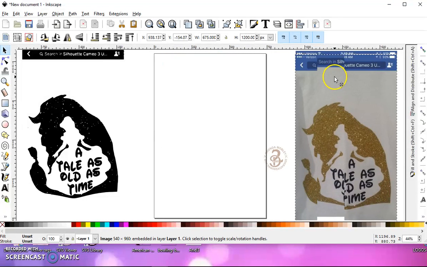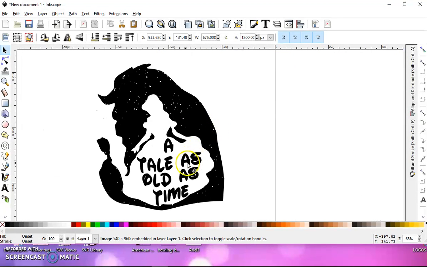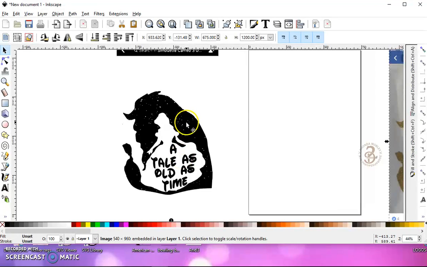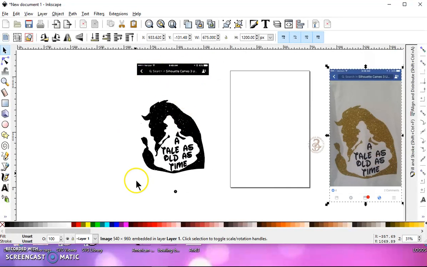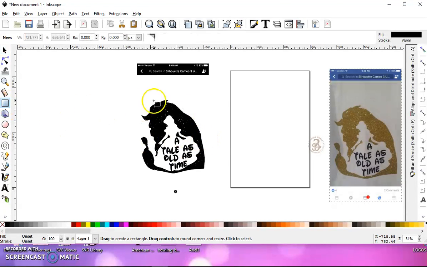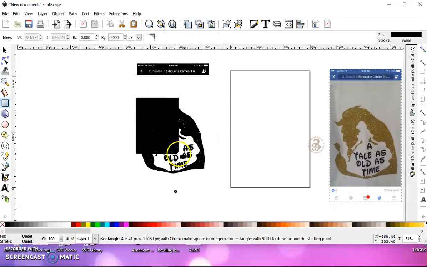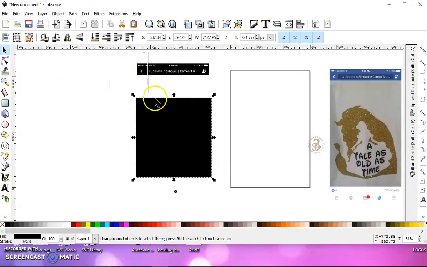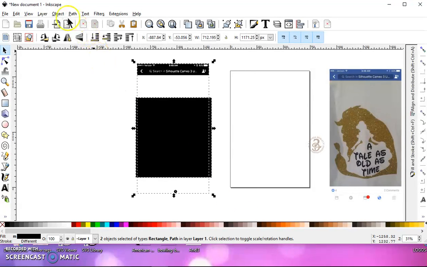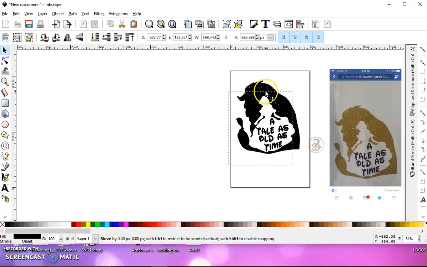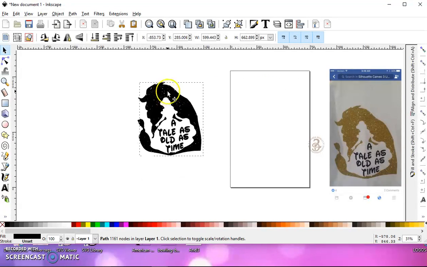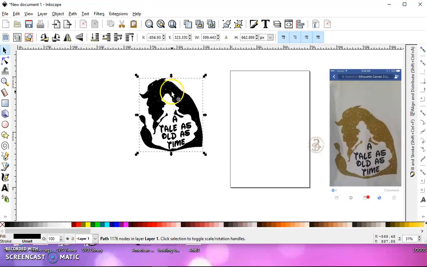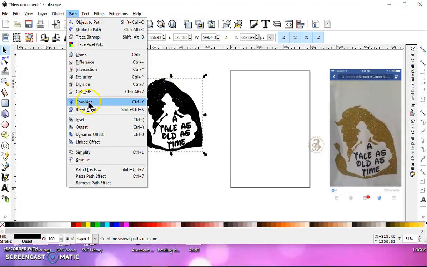All right. So now what we're going to do is get rid of all of this because we only want this. What I do is I just grab a square or circle and I draw it around what I want to keep. And then I go to my selection arrow, I select everything and go to path intersection. And that keeps only what was underneath that square, okay? So now what you want to do is go to path break apart